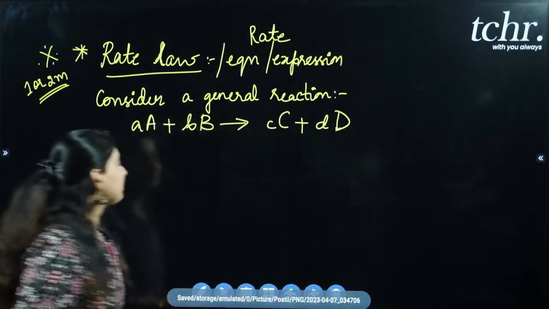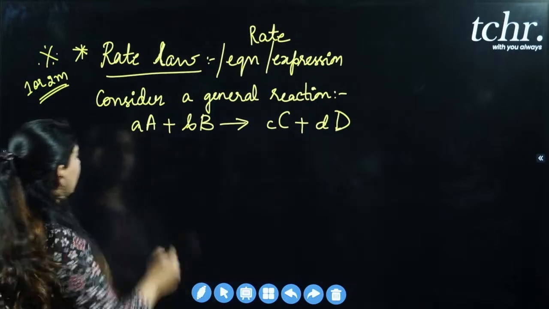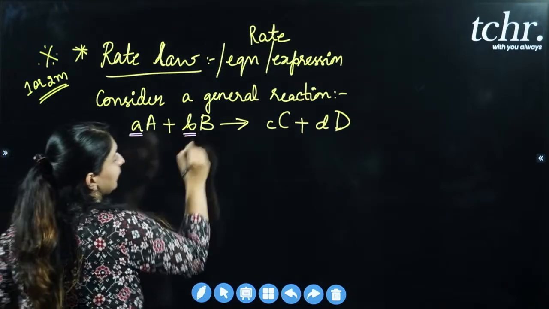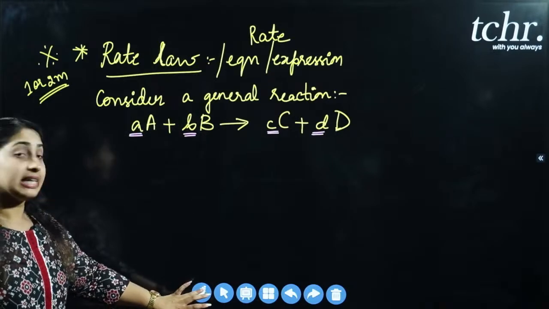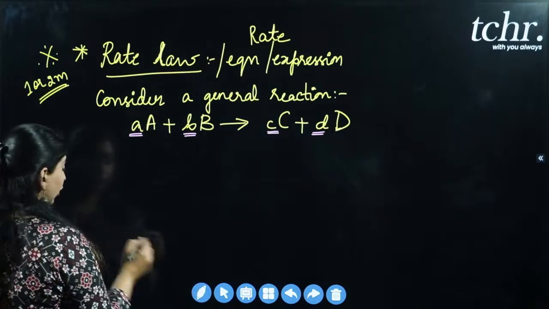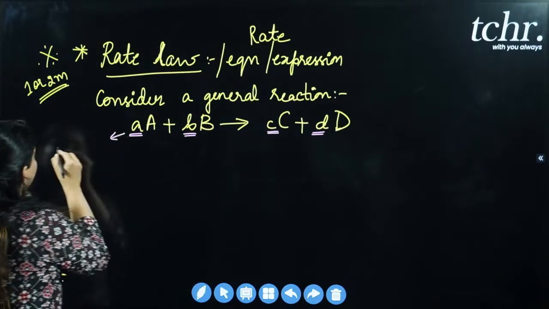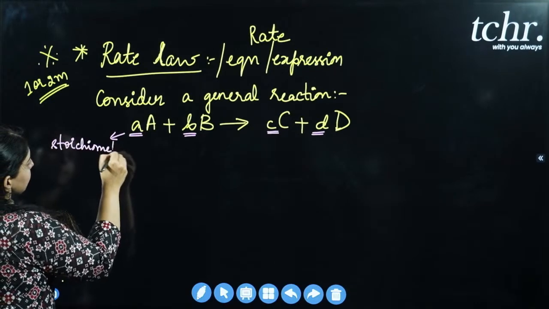So what do we mean by this? Here, whatever I have written in the small letter, using the small letter. So these things, I am highlighting here in a different color, this A, B, C and the small letters, they represent, okay? So they represent the stoichiometric, they're all called the stoichiometric coefficients.